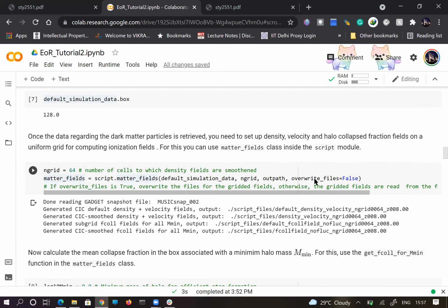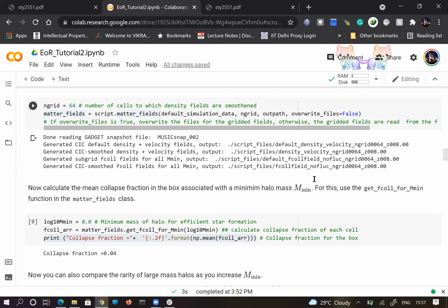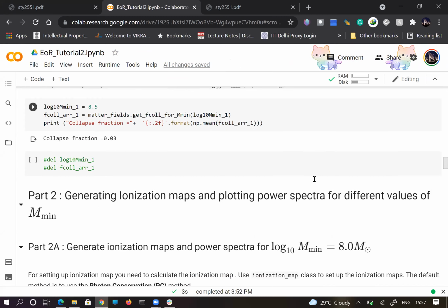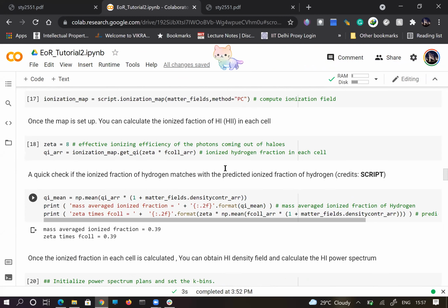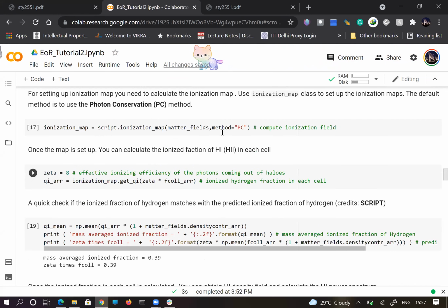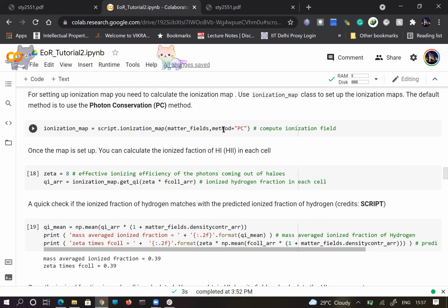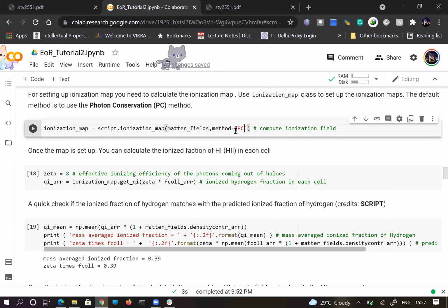So when you are setting the ionization map, you can at that point decide which kind of method or formalism you want to employ to calculate the ionization map, whether it would be the excursion set formalism or the photon conserving formalism. So here we have written method equals to PC, and that would set up the ionization map, and all the